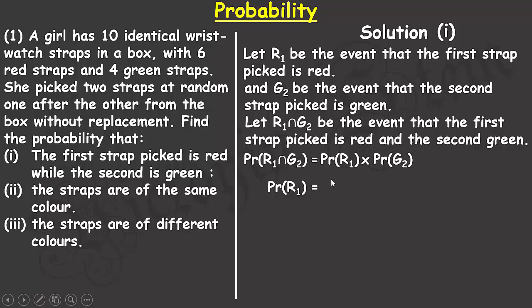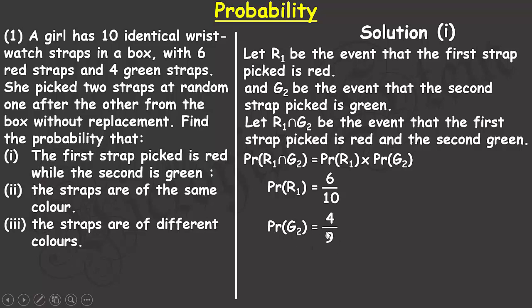There are 6 red straps divided by the total straps in the box, which is 6 plus 4, 10. And then the probability of picking a green strap by the girl is 4 divided by 10, because there are 4 green straps in the box and the total number of straps has